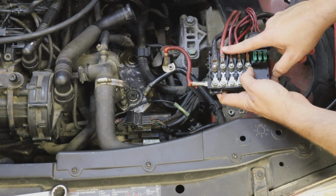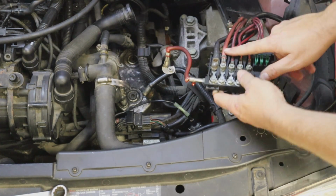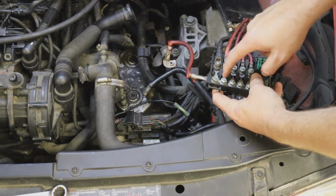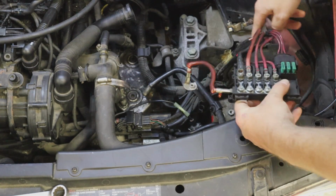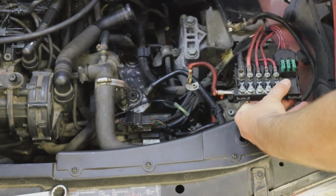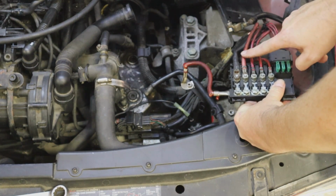So this 13-fold is what feeds everything, all your relays, and if this is blown right here, you're going to have a lot of other problems, but your car will not start if this is blown right here. You'll probably turn the key on and not a whole lot of anything is going to happen. But this goes underneath the dash through this wiring harness, and goes to the 30 power. So this is your 30 power coming